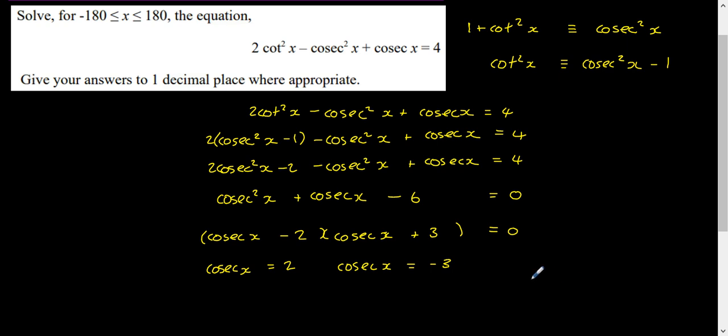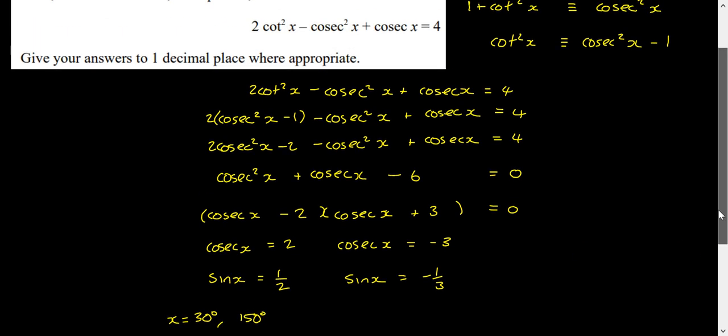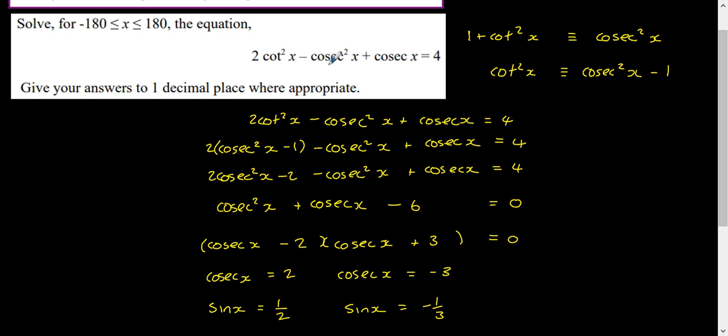And then we remember what we studied yesterday, in that we can't solve these at the moment, we just turn them into their reciprocals. So cosec is linked to sine, so we just say that sine x then is 1 over 2. Remember reciprocal, okay, so the reciprocal of 2 is a half, the reciprocal of cosec is sine. And this one's going to be sine x is minus 1/3. And we go ahead and we solve these equations. So if we solve sine x equals a half, we get x equals 30 degrees and 150 degrees. Again, using the symmetry of the graph, our limits this time are minus 180 to 180,